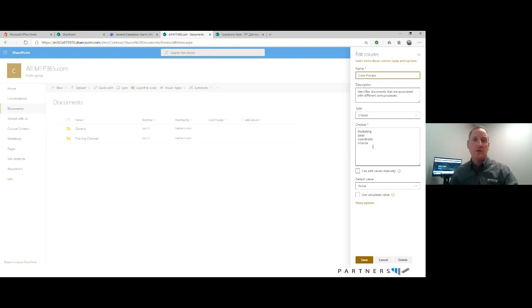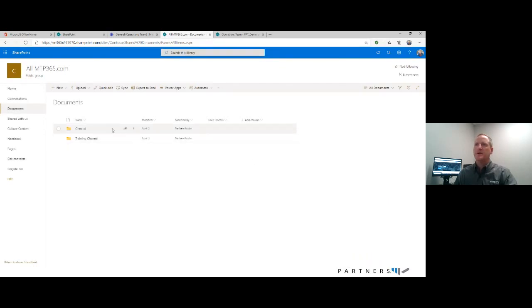That might be a more applicable filter or column that you might set at the all company level, so that people that are in marketing or sales or finance can maybe filter by those tags or multiple tags and customize their view. So the key point that I wanted to illustrate here is that, again, the columns are built at